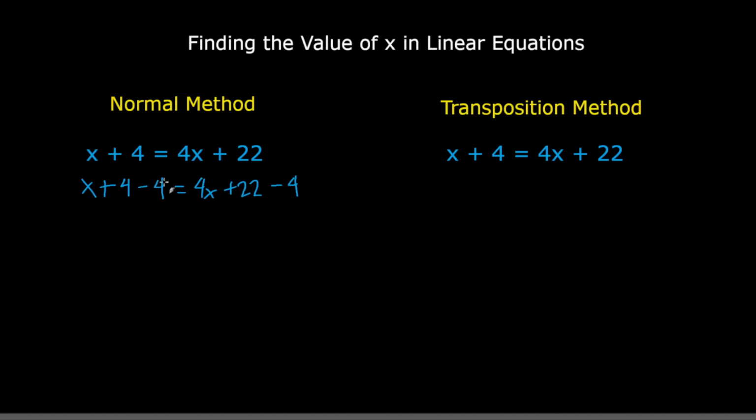And then, magka-cancel lang 'to. 22 minus 4 is just 18. Now, magma-minus naman tayo ng 4x on both sides. To simplify it further,